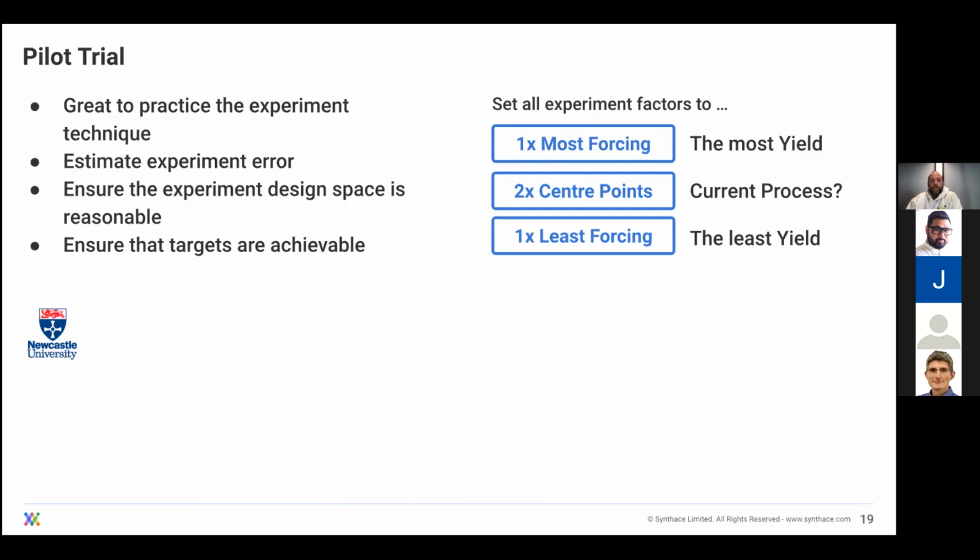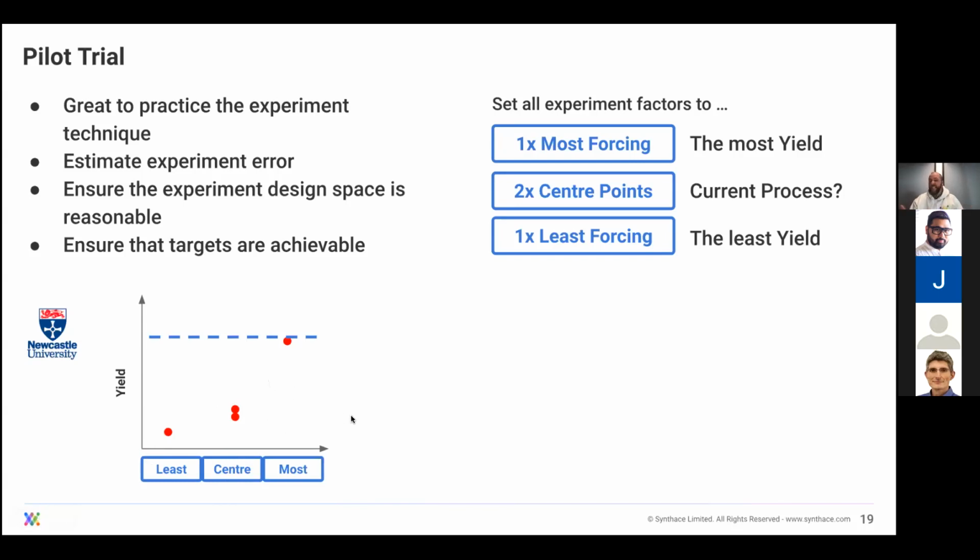Let's now take a look at some possible outcomes and what we may consider if they arise. You can see we have a graph with the 4 runs on the x-axis and the corresponding yields on the y-axis. In this example, there is minimum variation between the center points as compared to the variation between the least and most forcing runs, meaning that we are likely to detect effects at the ranges of factors we have selected. So the noise looks to be okay, and the design space is reasonable, allowing us to see a change in